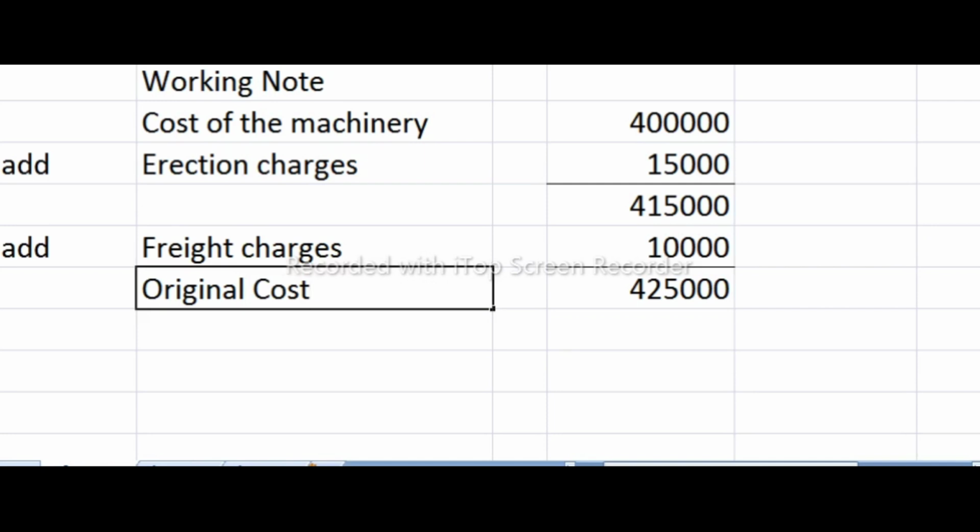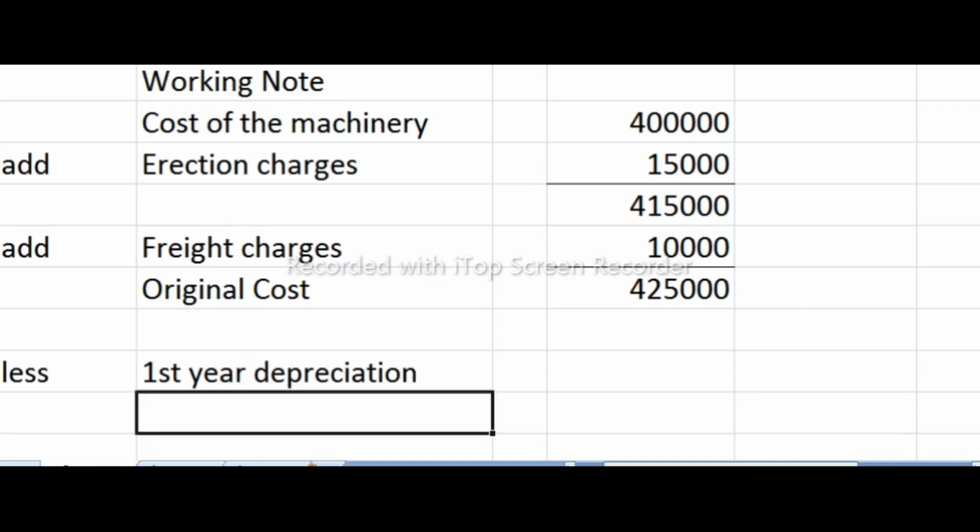Using this original cost, we are going to provide depreciation for each year. So first, let's provide the depreciation for the first year. According to our date calculation, we know that we are providing depreciation only for 3 months. So the calculation will be